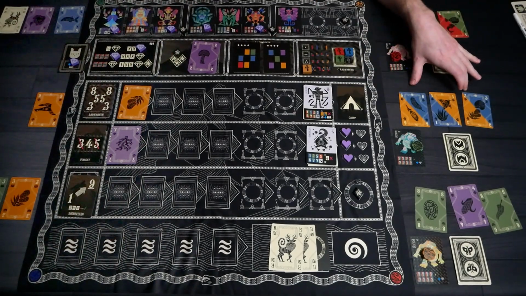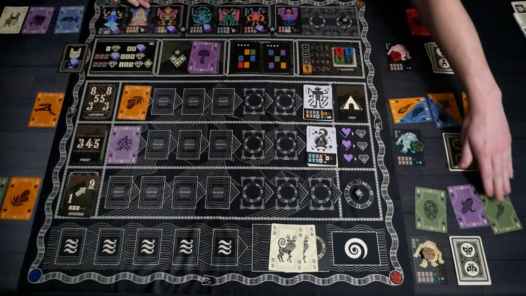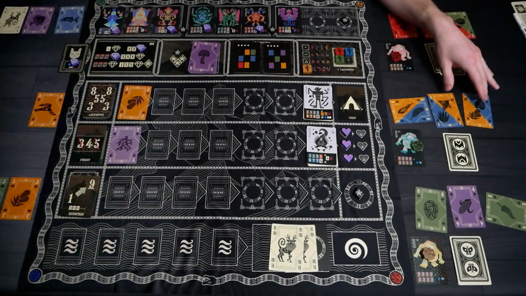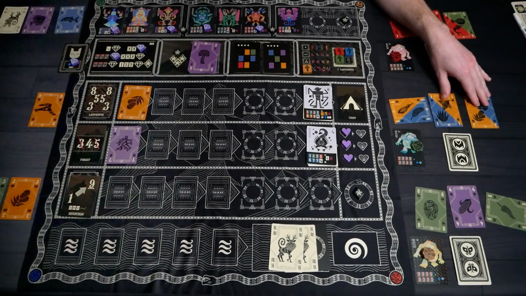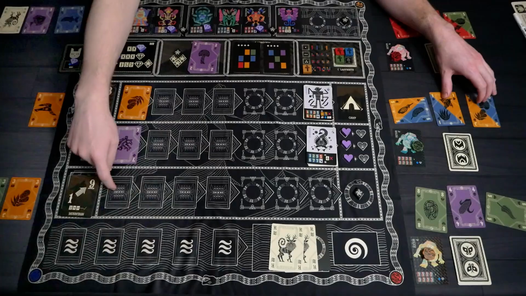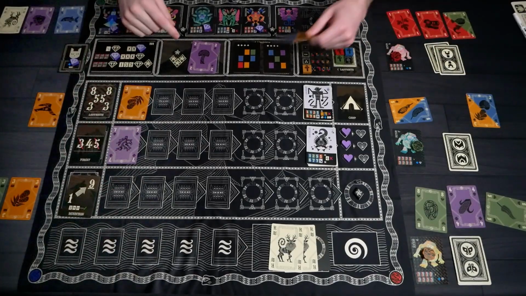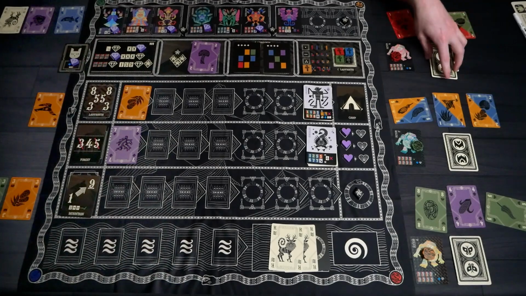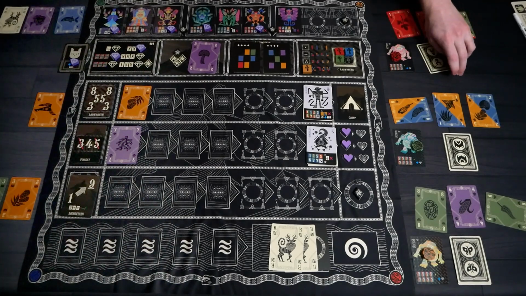1, 3, 6. Can't play 6s still. Just draw a card. Hey, 1, 5, 9. And all red. We can play 1s and 3s. We might need to do 1, which is not the color we need. If we really want to do...